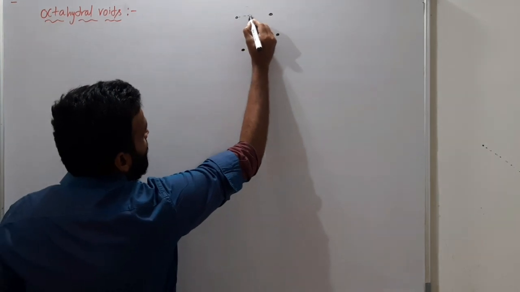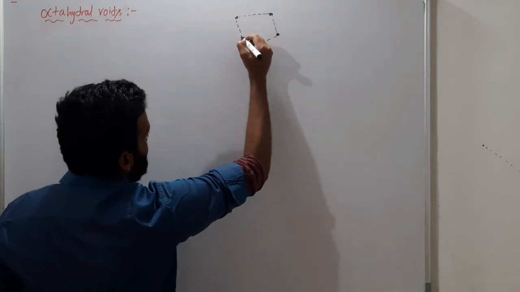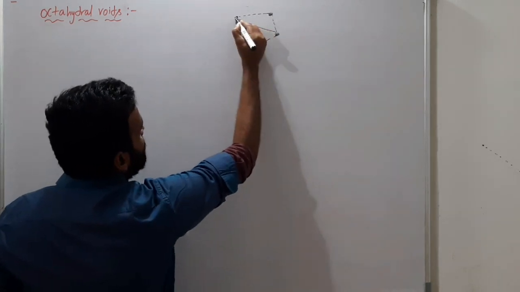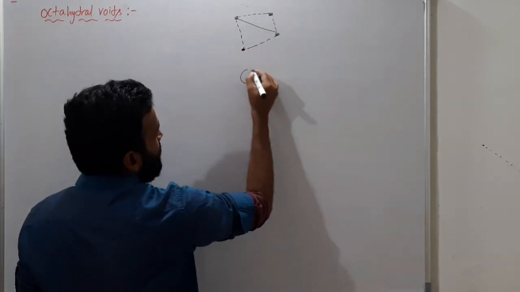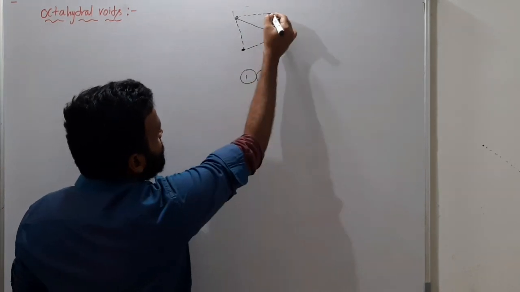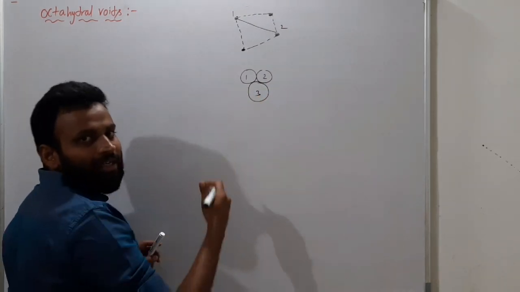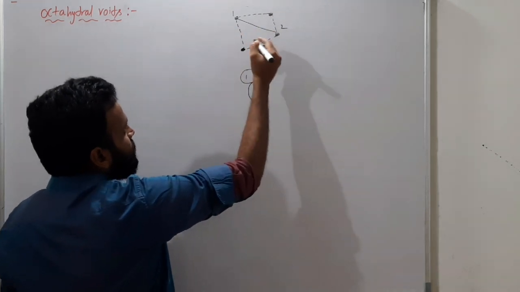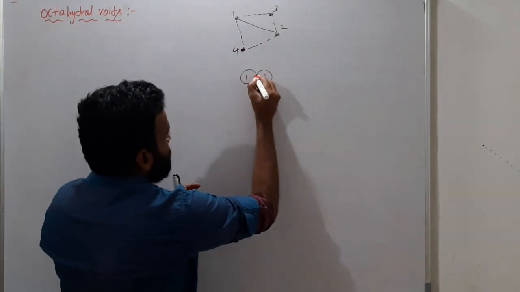So in this way you are having tetrahedral voids. These 3 atoms, this one and this one and this one, belong to one layer. These 2 are 1 and 2, and this is the third one. Just imagine it reversed. Now you have the fourth one, which is above these 3, like this.